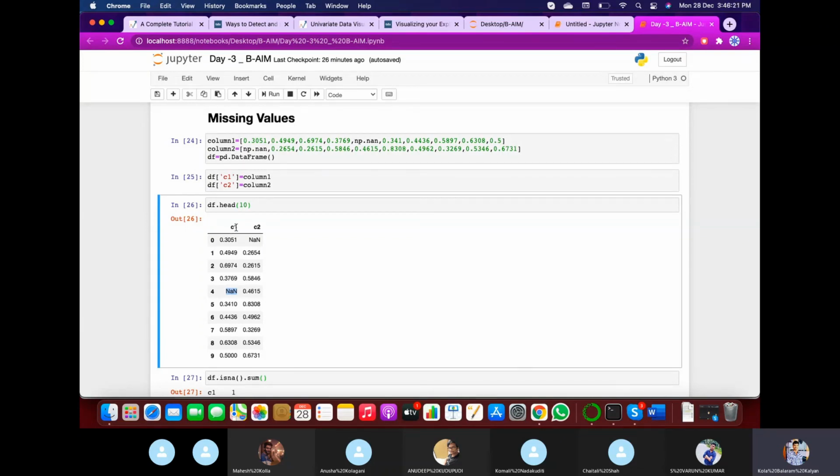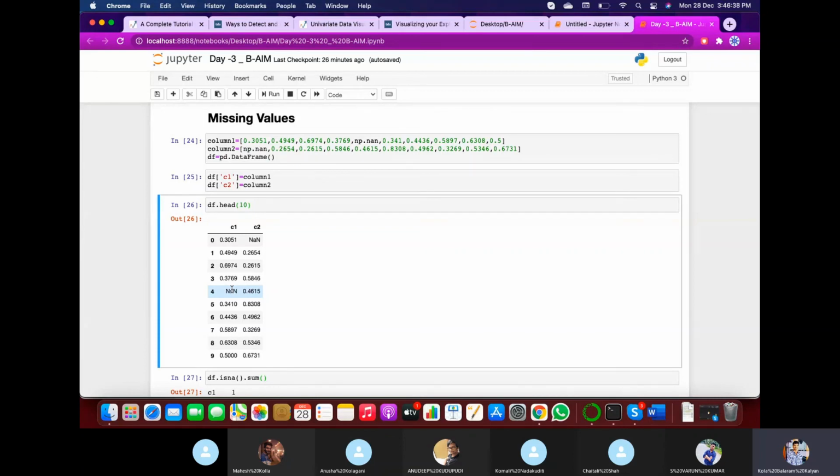So coming to the row wise deletion, we can delete the row if the row is having more than 60% or 70% of missing values, unless we need to treat the missing values in another format.